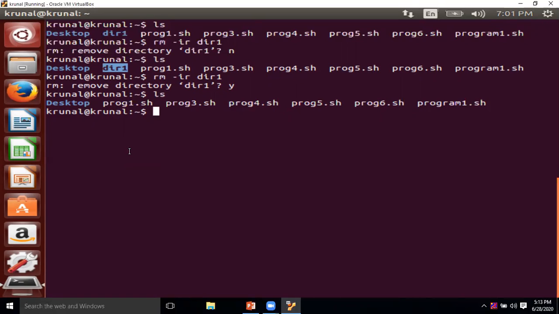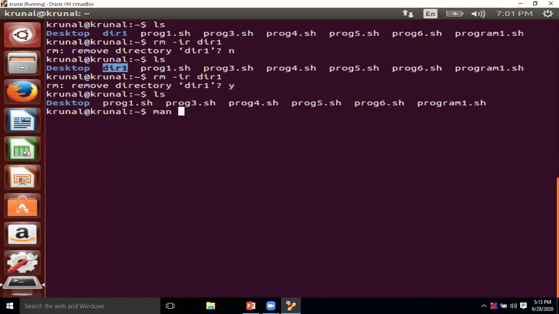Now the next command is the calendar command. But before discussing the calendar command, one more command I need to discuss with you, which is the man command. man stands for manual. It provides help. This is a very powerful command, through which we can get any type of help for the different commands that we have in Linux.